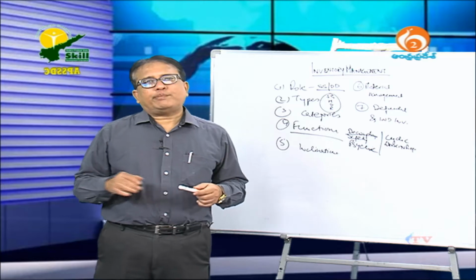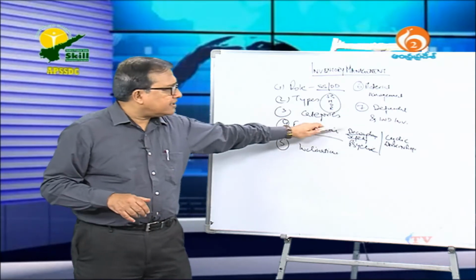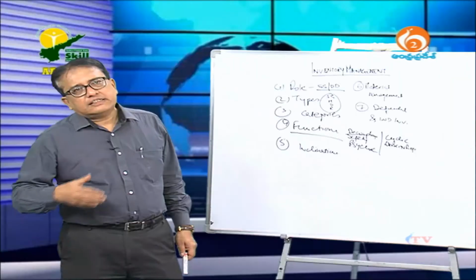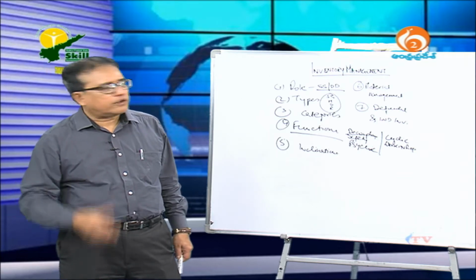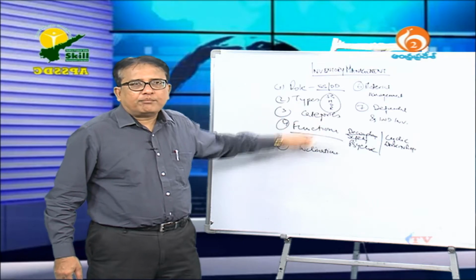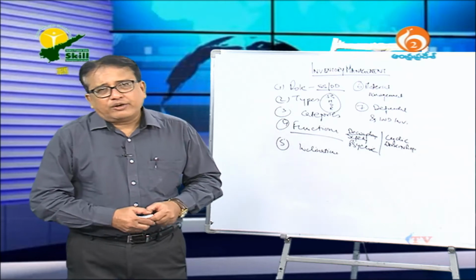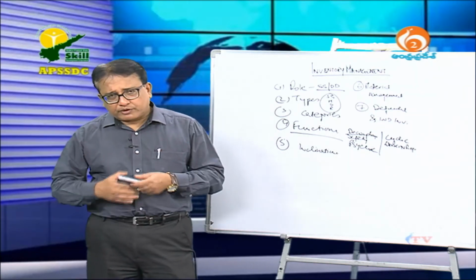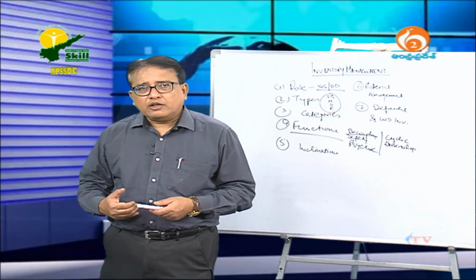there is a stoppage in the production process, what happens? In that case, the inventory is used at a time when production has come to a halt or production has become slow or whatever it is. This inventory then helps the company to run its business. Safety inventory as well, when the actual inventory, the consumption is over, when you get